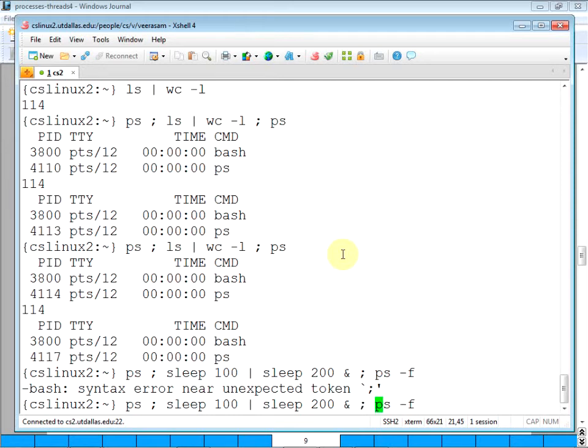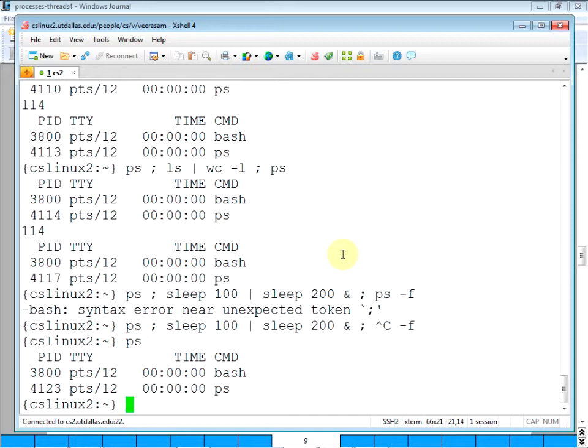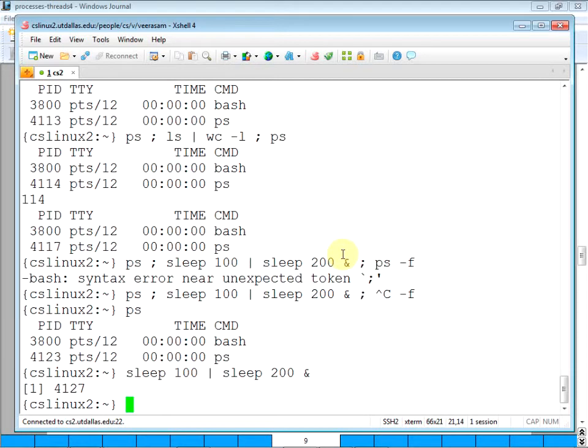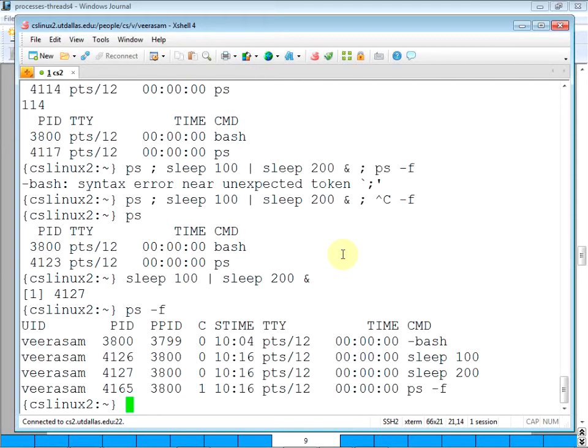We'll write it in multiple lines. That's okay. Sleep. Hopefully, others won't run it. That's okay. It's not a big deal. ps -f. Okay. That should give us a pretty good idea. That's our original shell. Right, so then see, both commands, this command and this command, both are children of the original shell.